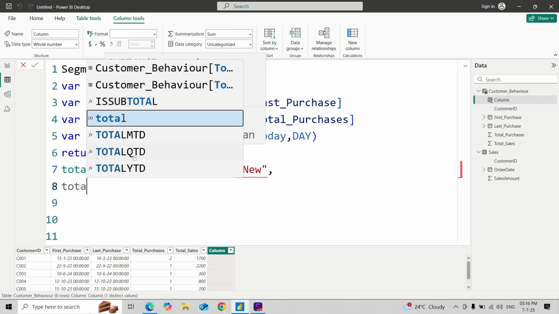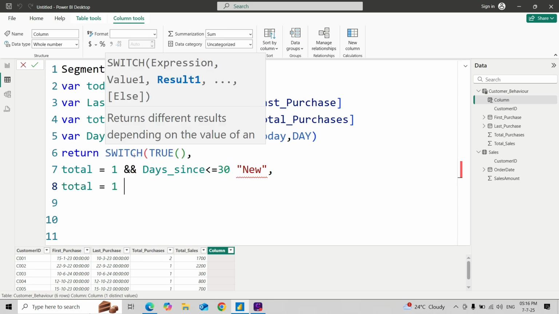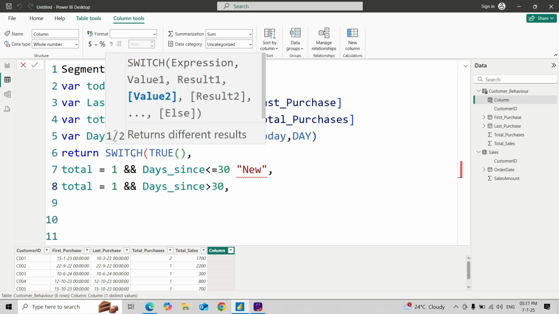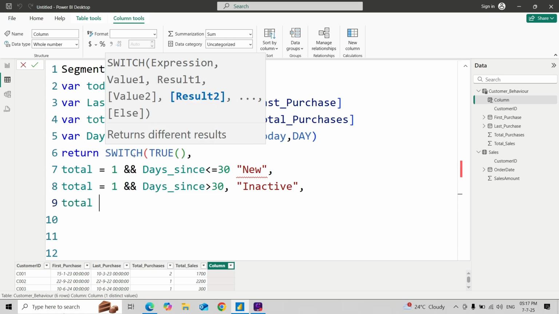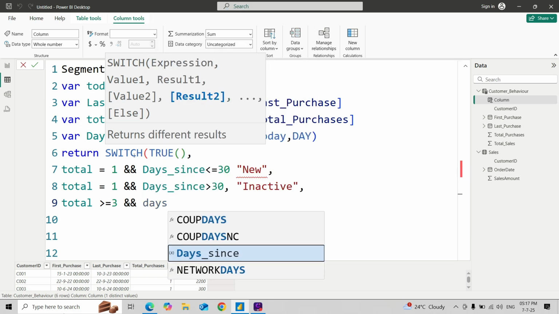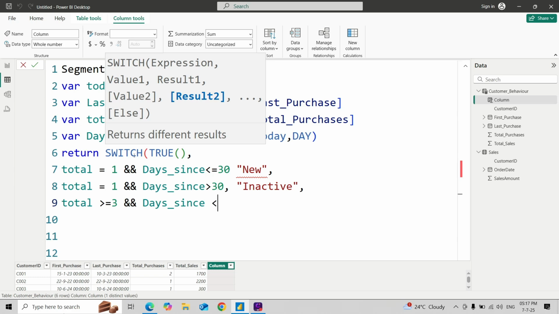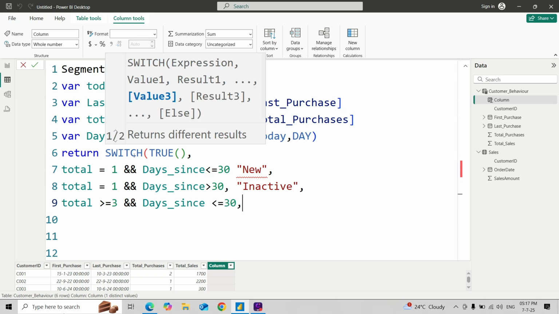If again total is equal to 1 and days since is greater than 30, then the customer is Inactive, comma. If the total is greater than or equal to 3 and days since is less than or equal to 60, then the customer is Loyal,